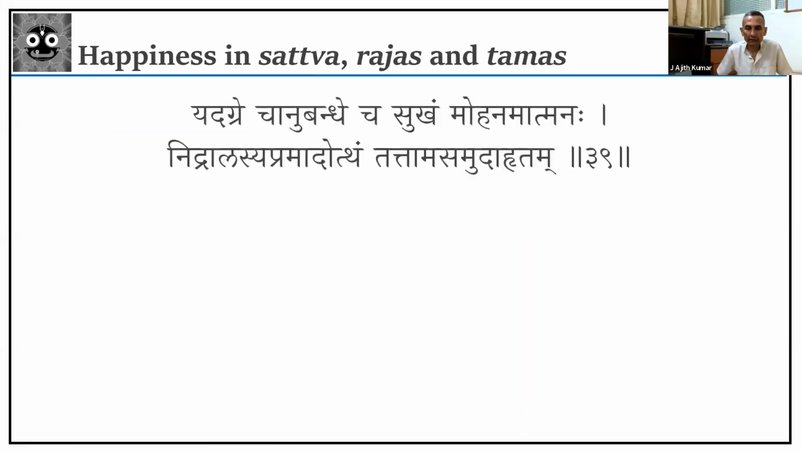And for tamas, he says, yad agrecha anubandhecha sukham mohanam atmanaha nidralasya pramadottam tat tamasam udahrata. That which in the beginning as well as in the end, agrecha anubandhecha, is mohanam, delusive in nature. Atmanaha mohanam means it looks like happiness, but it's never happiness in the beginning or in the end. Nidralasya pramadottam. How does it come? It comes from nidra, sleep, laziness, alasya, from not doing anything. Pramada means inadvertence or negligence of activity. Tat tamasam